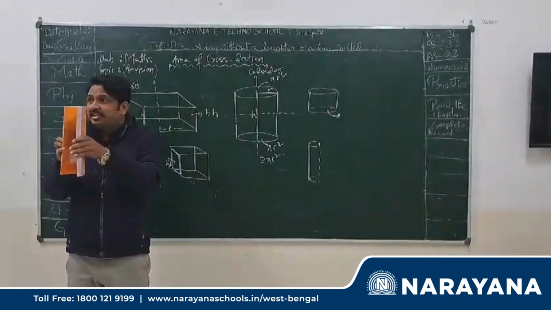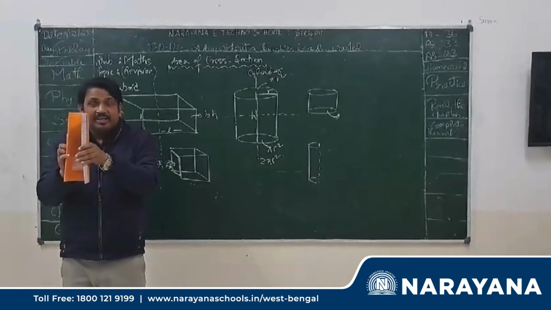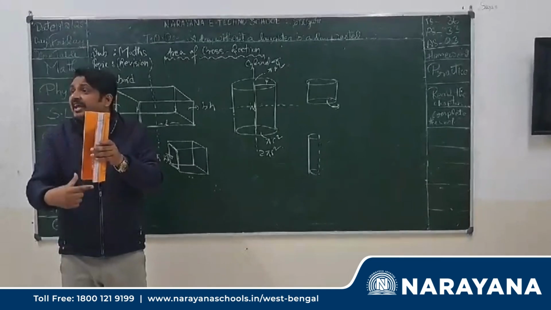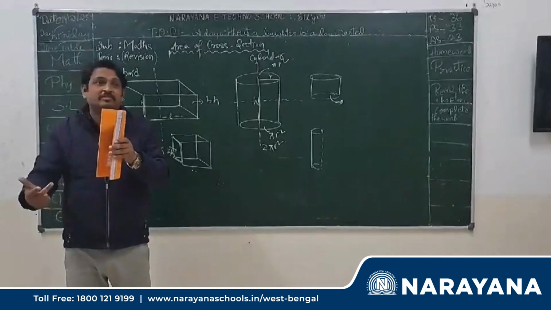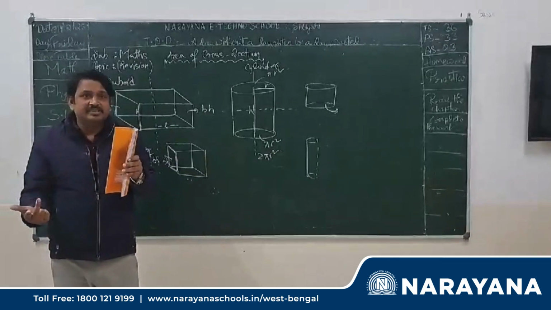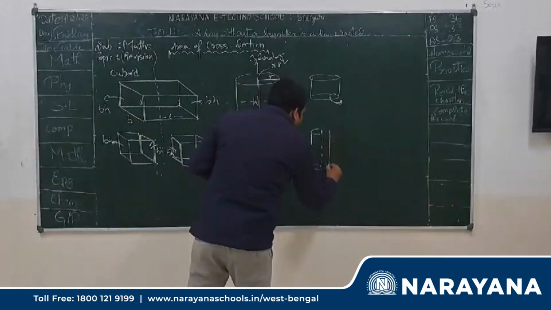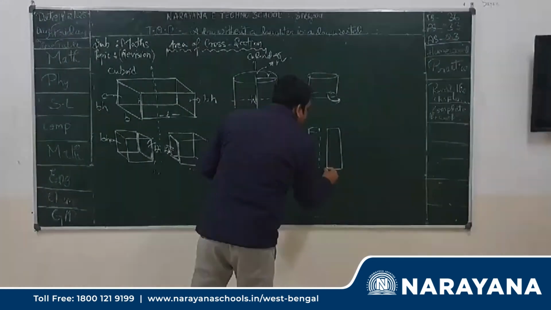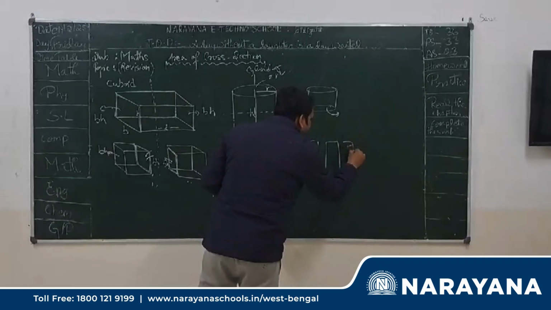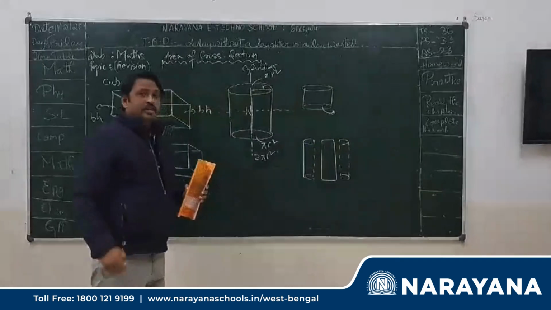But if I cut vertically, so I am getting this part as what? A rectangle. Then what will be its area? Again length into breadth. In place of length you can write height, and in place of breadth you can write radius. Clear? Okay, very good. So I will get a rectangle when I cut vertically. Okay, I will draw this once. Now tell me, understood?